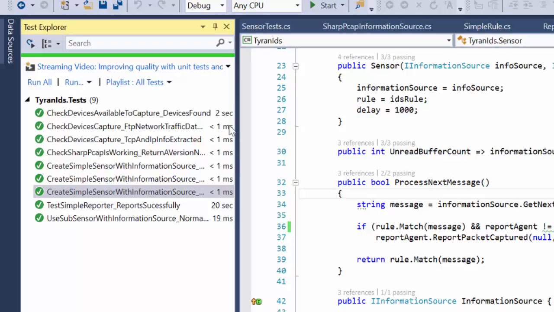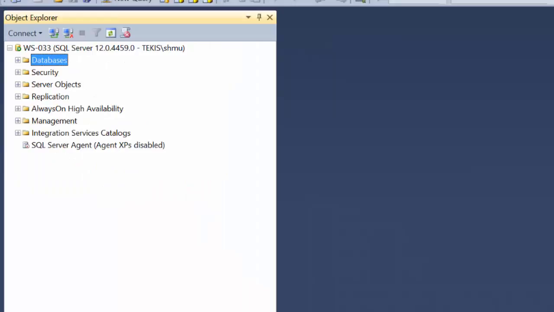In test-driven development, it's never a good idea to continue with new development as long as there's even one test which is failing. In this video, we're going to be extending the reporting, reporting to a repository, in this case an SQL Server database, and we will be connecting to that SQL Server database via Entity Framework. So the first order of business is to create a new database,